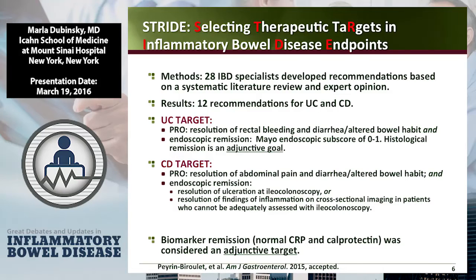The question is, how often should we do it and when should we do it? Our recommendations were that for a Crohn's patient, you shouldn't look earlier than 6 to 9 months, likely, if you want to really define healing. If you want to look for response, you can probably see a trend somewhere between 4 and 6 months that the endoscopy is getting better. But if you really want to look for healing, probably not before 6 to 9 months if you want to really see that you've made a significant impact on the mucosa.